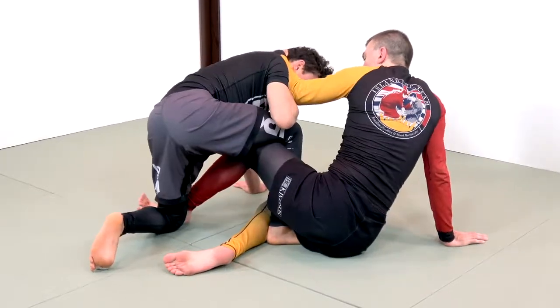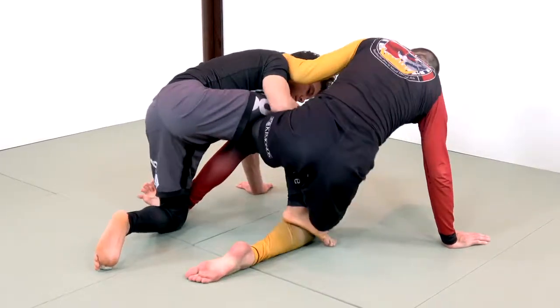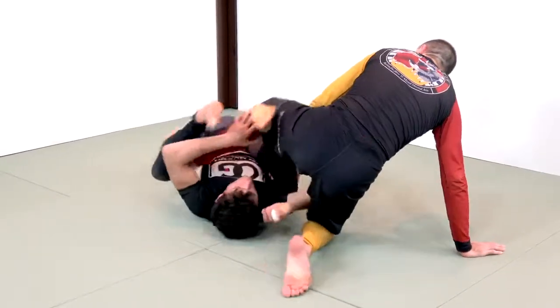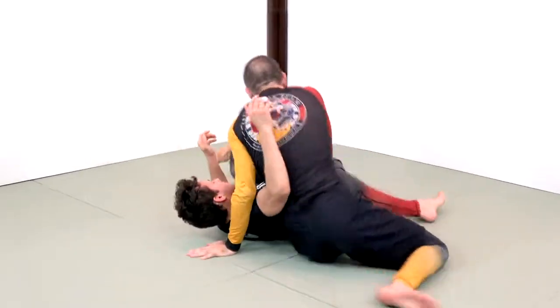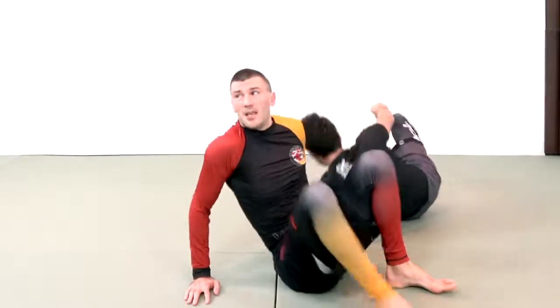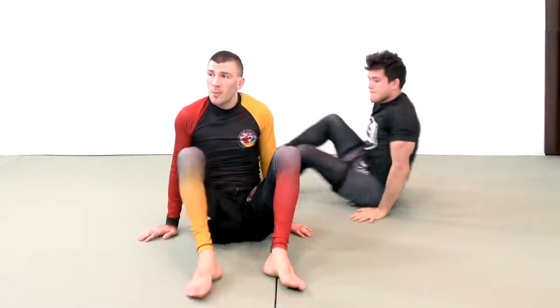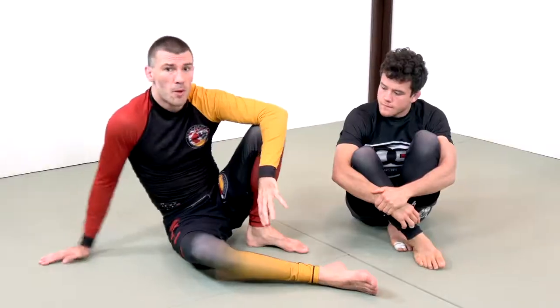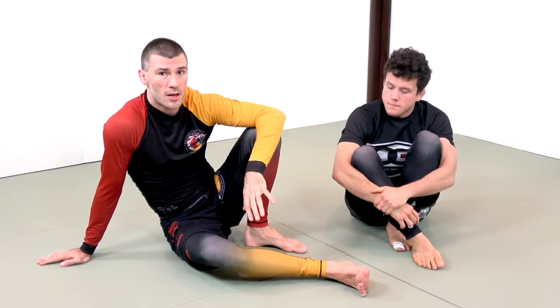If my knee comes through, again, it's not a big deal because I know that this is coming. So as he goes to roll through, I can immediately just access that. Then I can move myself into all kinds of cool stuff. Just know that it's there. Know that the 411 entry is coming and you shouldn't have too many issues. Your leg is light. They're in broken alignment. You should be able to extract. So I'm not anticipating that you'll have too many problems with it as long as you've identified the potential